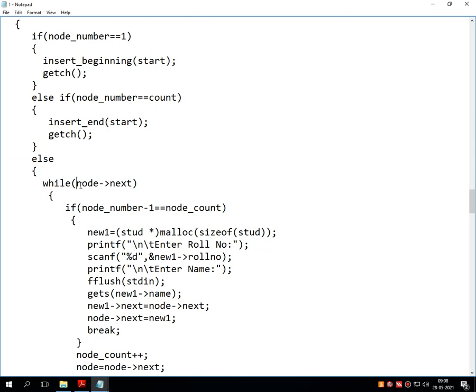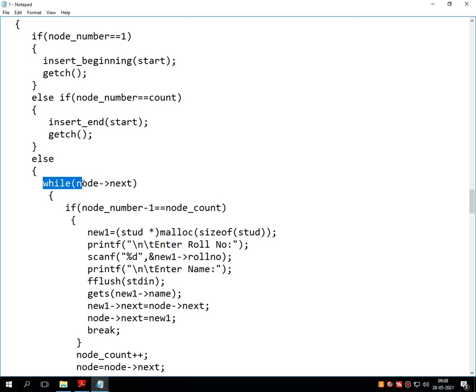Into the else I have written a while loop which checks every reference number, that means it will compare all the node numbers. First it is compared with 1, the condition becomes false, and the while loop will repeat. 2 is compared with 3, the condition becomes false, the while loop is repeated.